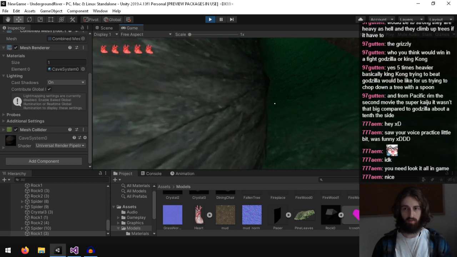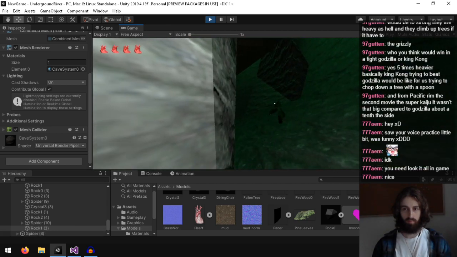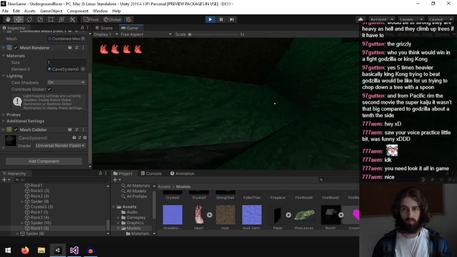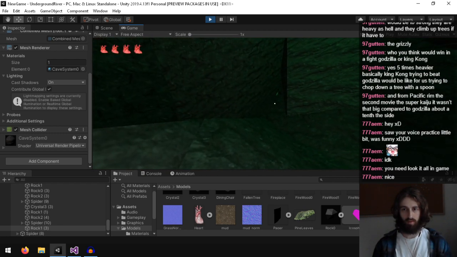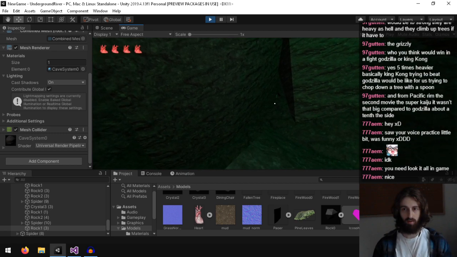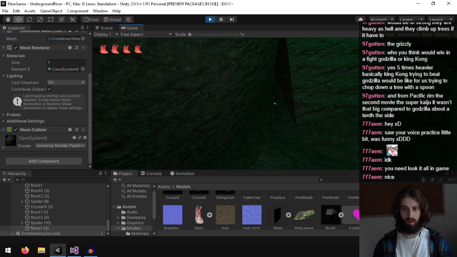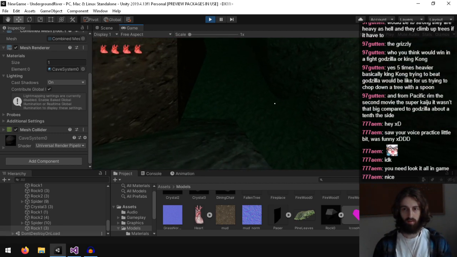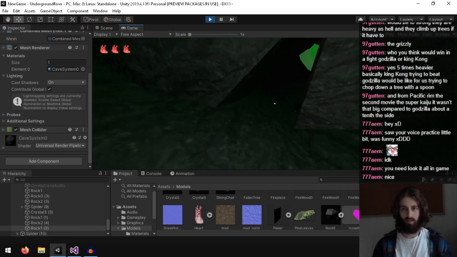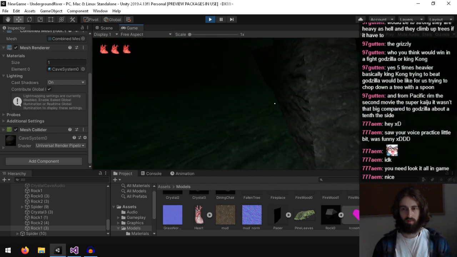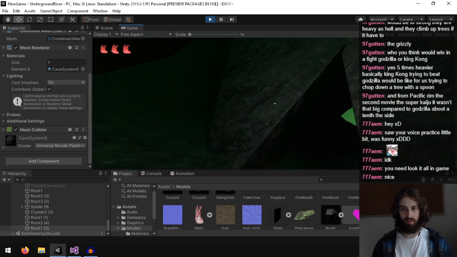I think the player can fit through that hole. I want to test and see if you can skip this one by going right here. I think you can. Shit. Maybe not. Okay, no, actually that's a nice hole.